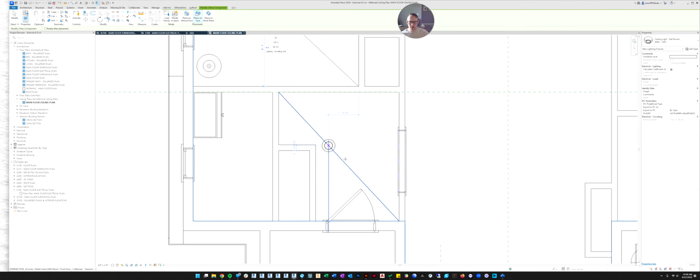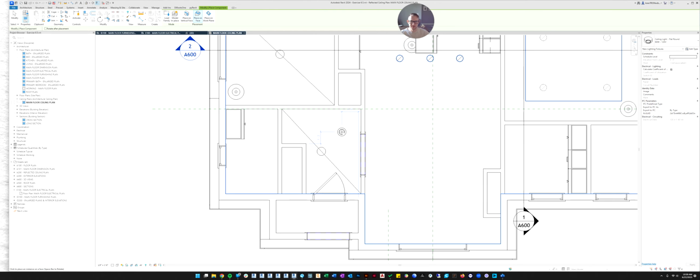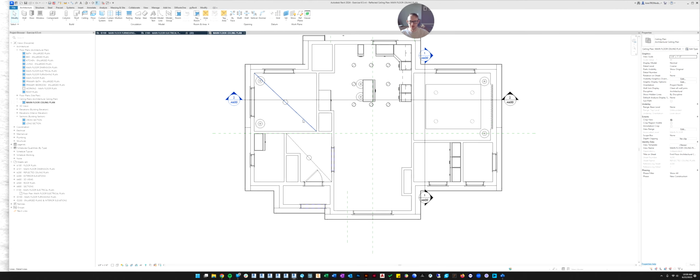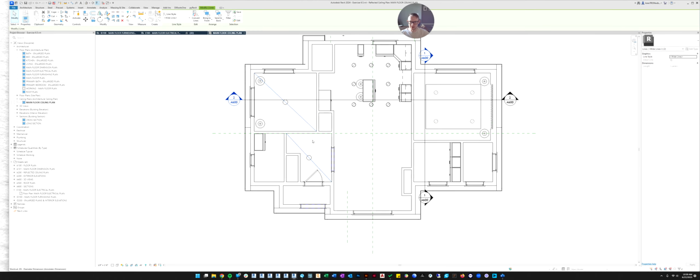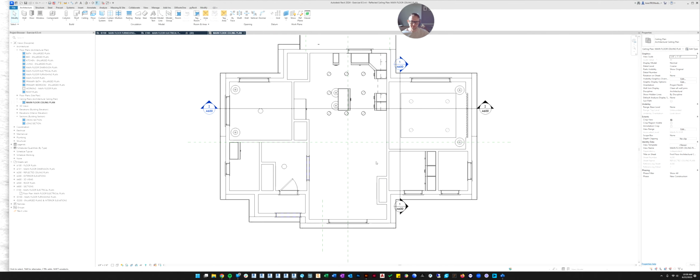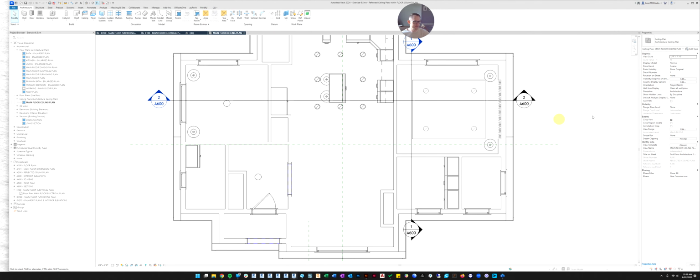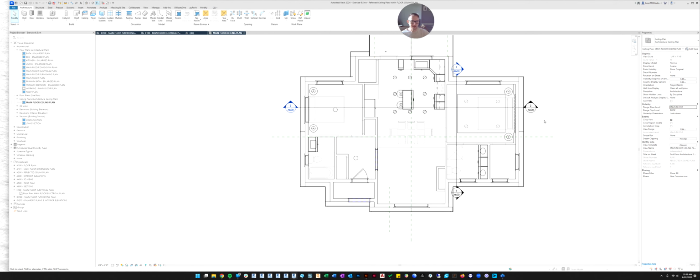And now here, if I don't want to keep trying to go across the line to find the midpoint, I can do SM for snap midpoint. And if I just hover anywhere on the line, it'll automatically go to the midpoint and I can just click. So there we go. And then I just quickly select both of these and I delete them. All right, let's turn our background back on. So we'll go over here to underlay and we'll put main floor, and there we go.